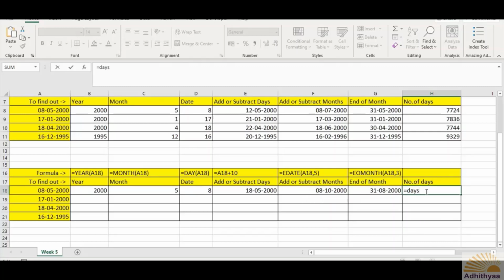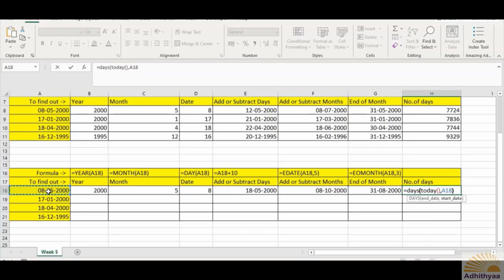So DAYS, open bracket. You can see here end date. What is the end date? Now that we have learned the TODAY formula, let me use that. So TODAY, open and close bracket, comma, what could be the start date I can give? I can still choose the same 8th of May 2000.